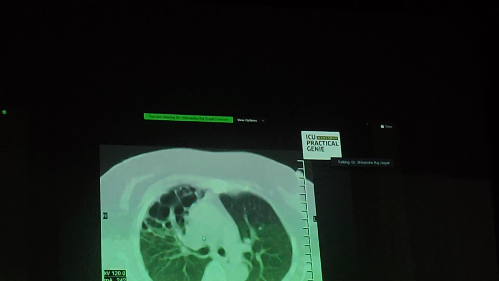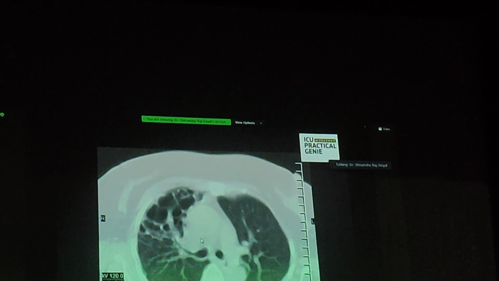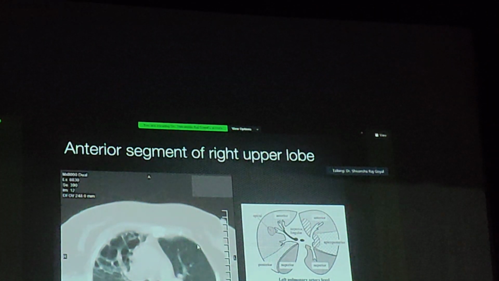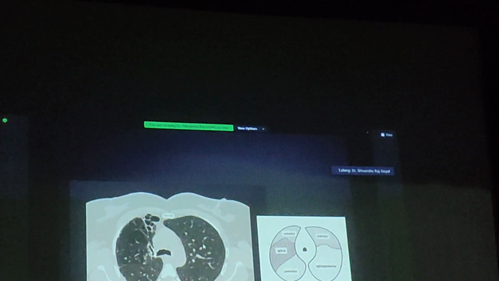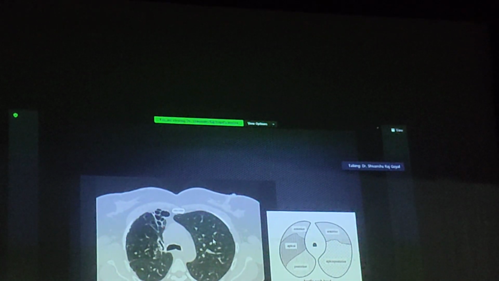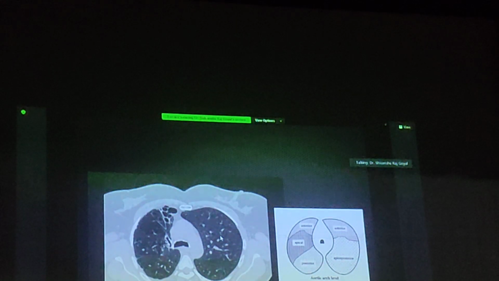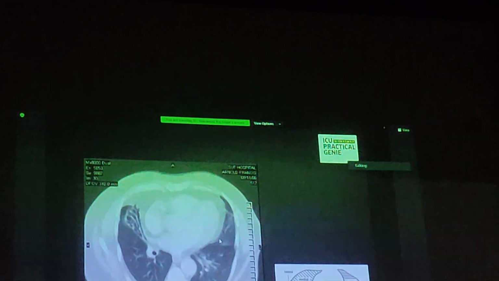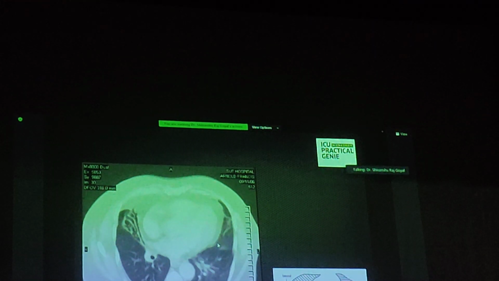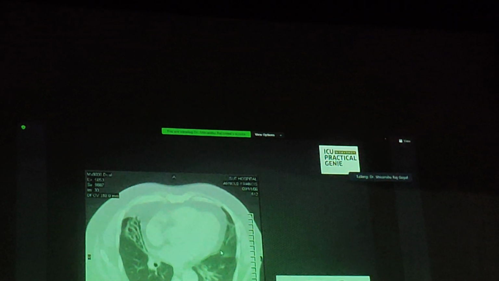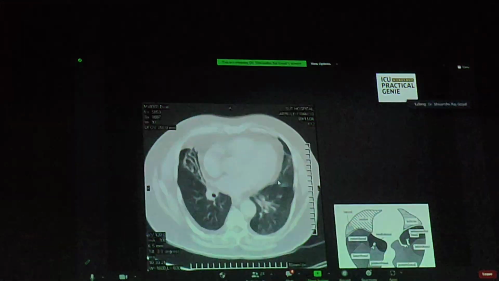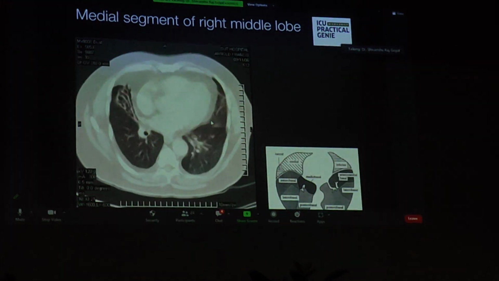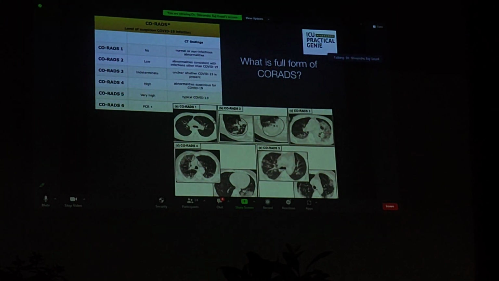Similarly, you see a large area of bronchiectasis involving completely the right upper lobe. So the anterior segment of the right upper lobe. Subtle areas involved at the aortic arch level, anterior segment of the right upper lobe. Similarly, you can keep going on, and you have to practice every day. Whenever you go back from here, keep picking up CT scans, look at the level, and then start identifying the pathologies. This is my last slide.